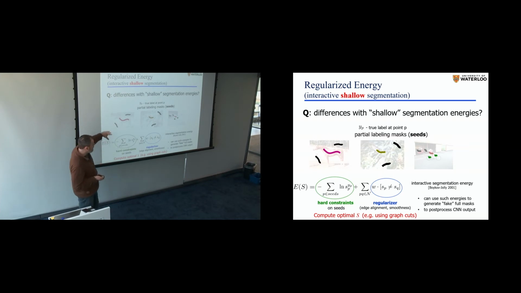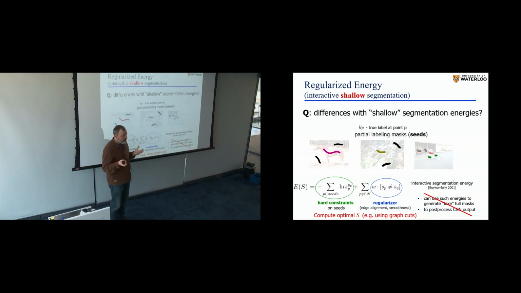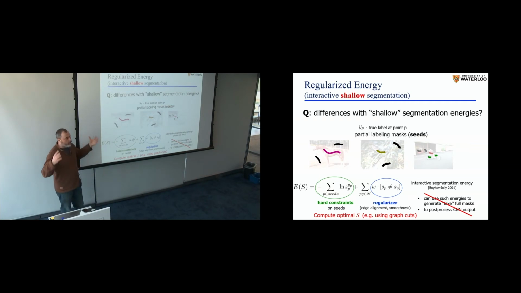So basically what you've seen here is just, I try to explain this in the context of, this is my loss function, but I'm not having theta here. In this case, it's your shallow regularizer, for example, exactly as in interactive graph cut segmentation. I'm not going to take my seeds and, as post-processing, generate a database of fully annotated ground truth images, and then try to overfit those. Some people did this, but this is a bad idea. Imagine using cross entropy on all labels produced by graph cuts as a kind of guess of what the ground truth is.